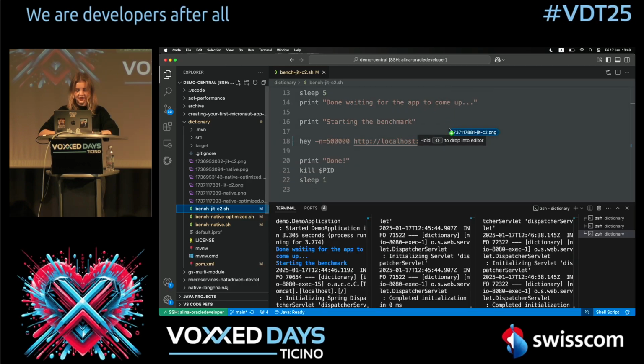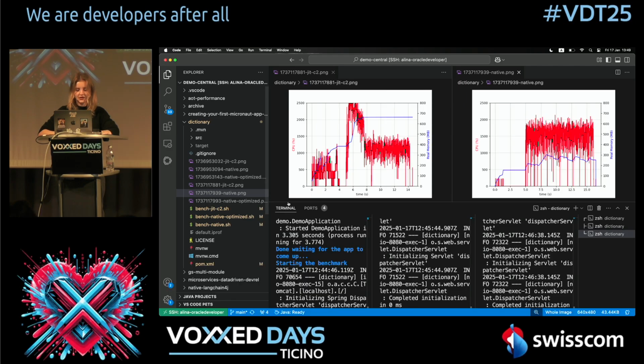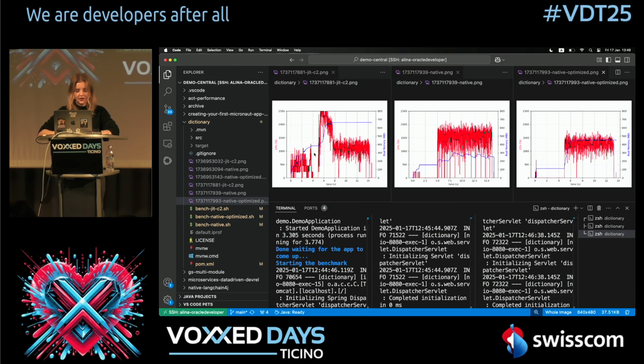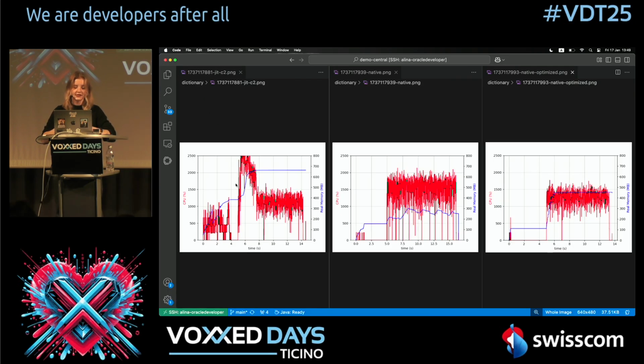I mentioned that native image is very good when it comes to reducing memory usage and CPU usage. So let's see how our benchmarks were doing here. Let me close this. The way to read this, coming from perf record, is the vertical red lines are CPU usage, and the horizontal blue line is memory usage. So the first scenario is the JVM, and we can see that the CPU is quite busy